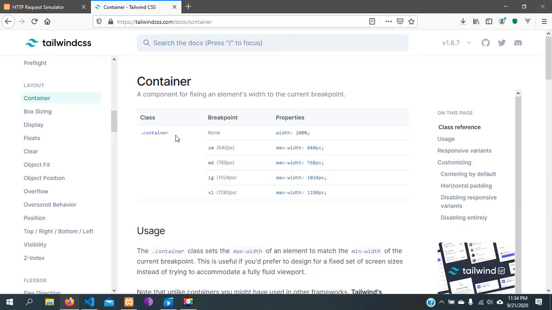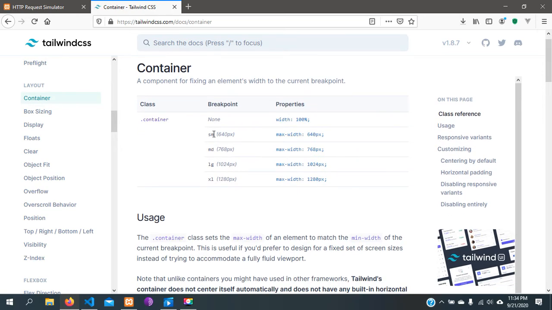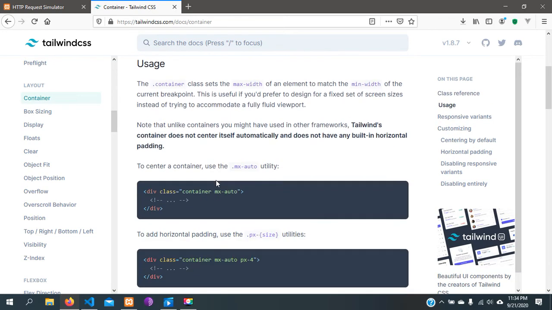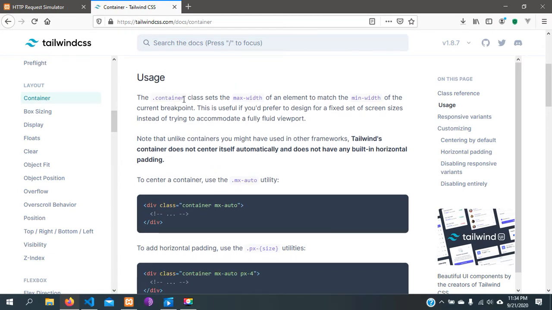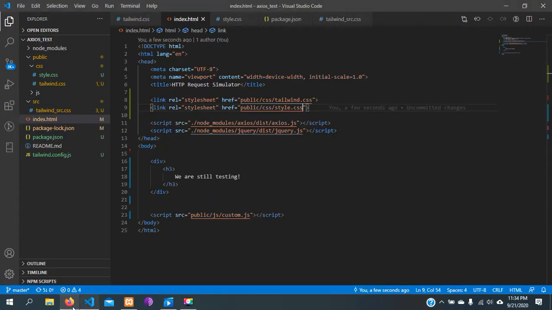What we're going to do now is look at some of the classes, like container. You have a class container just like in Bootstrap, and they have different breakpoints for it as well. If we look at the usage, the container class sets a maximum width for an element that matches the min width. So let's just say